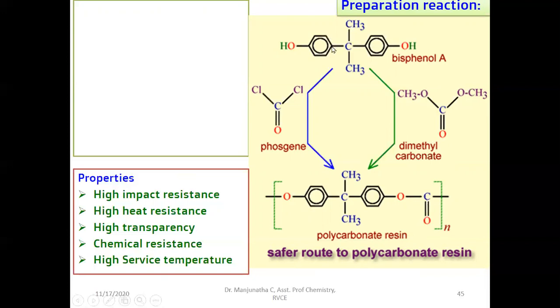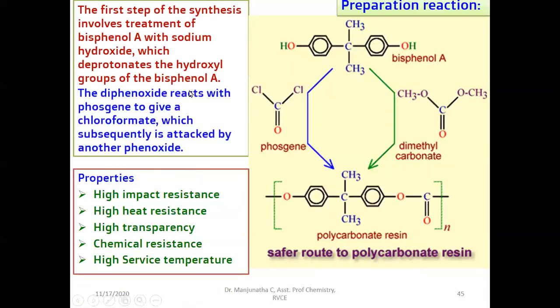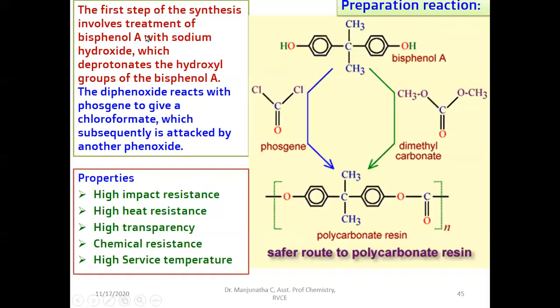Here again we are using bisphenol A in NaOH solution, and the mechanism is the same, and you will get polycarbonate resin. So this is the synthesis: bisphenol A reacts with NaOH and forms phenoxide ion, then undergoes nucleophilic substitution at the carbonyl carbon of phosgene or dimethyl carbonate, leading to the formation of